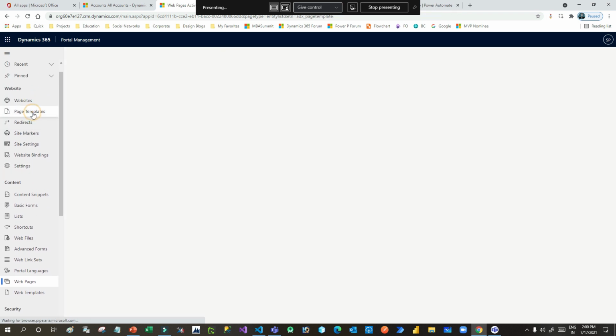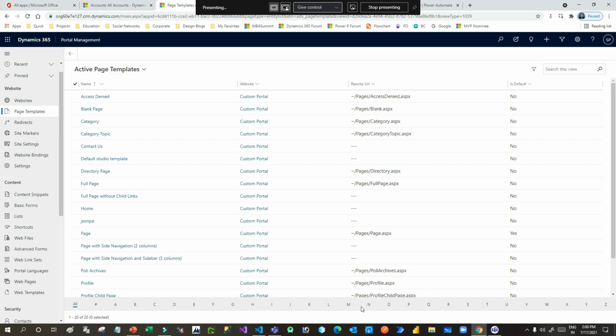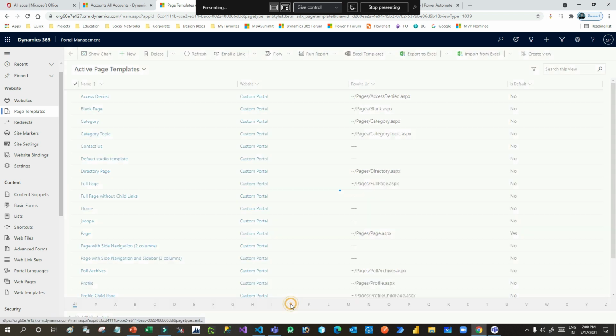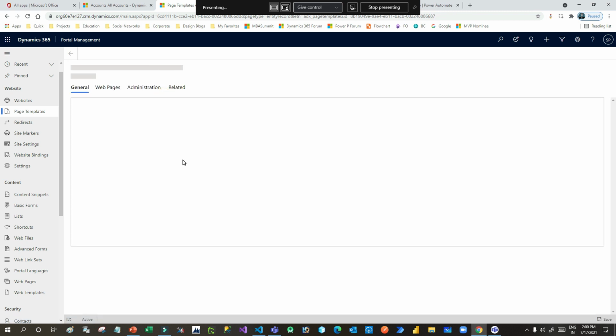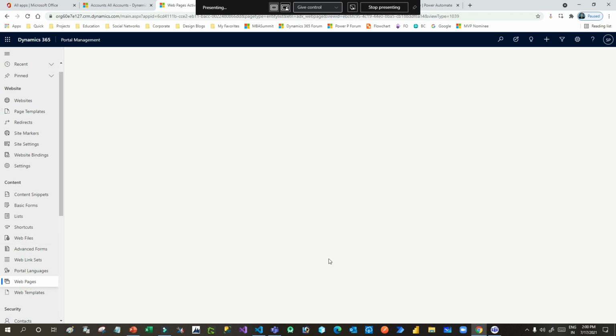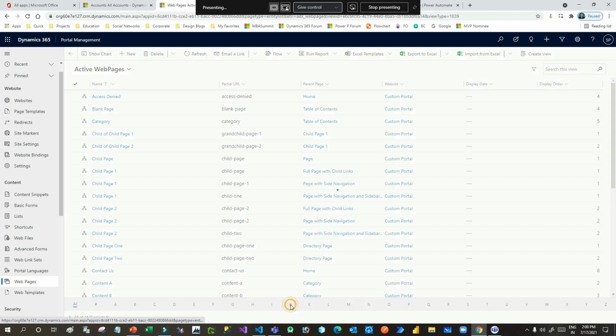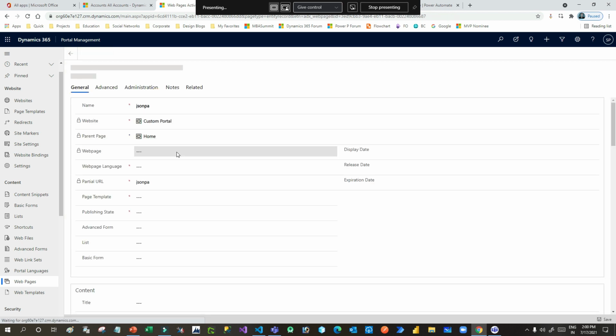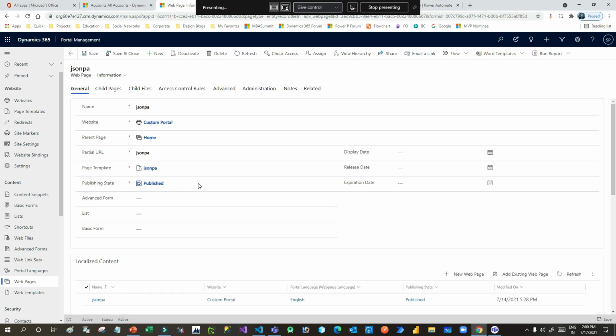So you can see this is my page template, which is pointing to this web template that I have just edited. And if you go to the web page, you can see my web page is pointing to the JSON PA page template, because the hierarchy is that a web page calls a page template and a page template calls a web template.